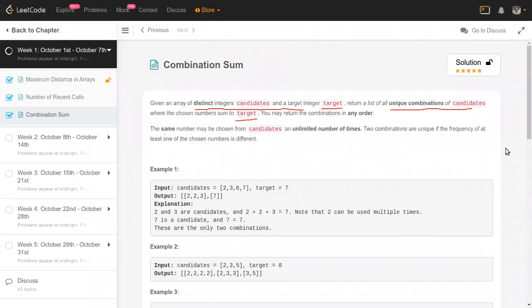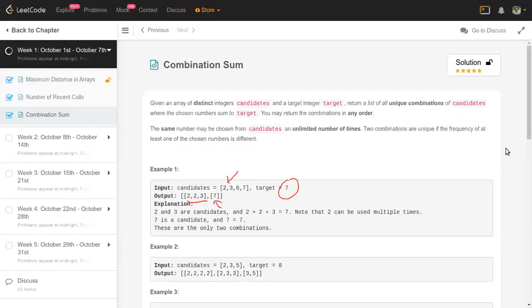And the same number from the set of candidates can be used multiple times in the combination, right? So I think the example here is already illustrating that. The candidates are these four candidates: 2, 3, 6, and 7, and the target is 7. In the first combination, 2 and 3, 2 is being used multiple times, so that is allowed. The sum is equal to 7 anyway. There is another combination in which there is only one element that also adds up to 7. All right, so this is what we need to figure out.